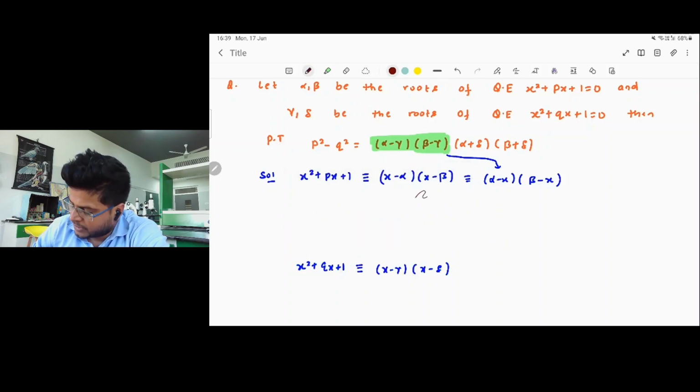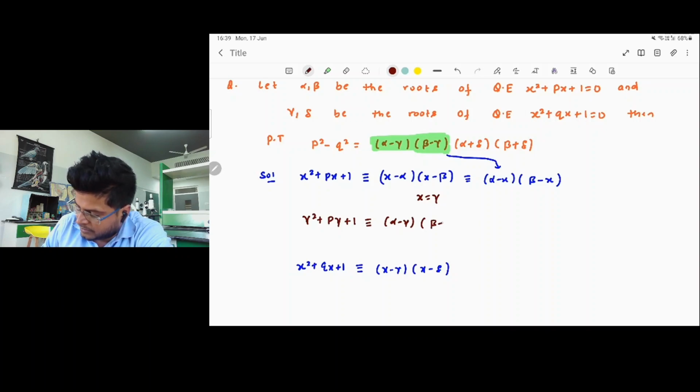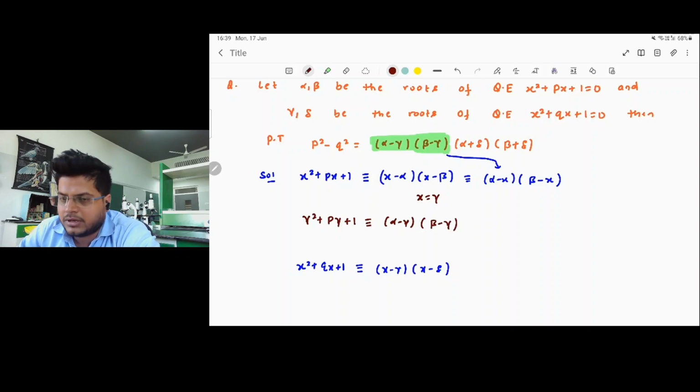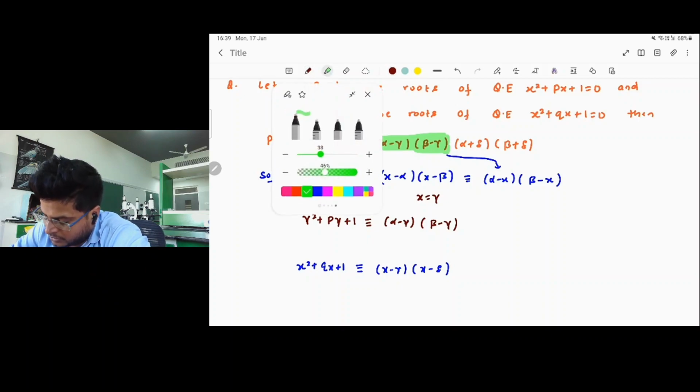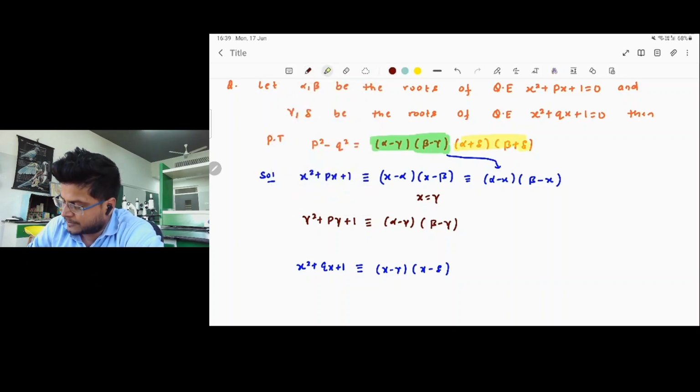So what we are doing, we are substituting x equals gamma. So what you got? Gamma square plus p gamma plus 1 equals alpha minus gamma and beta minus gamma. In a similar fashion, when you try to concentrate on the other two guys, these two guys,